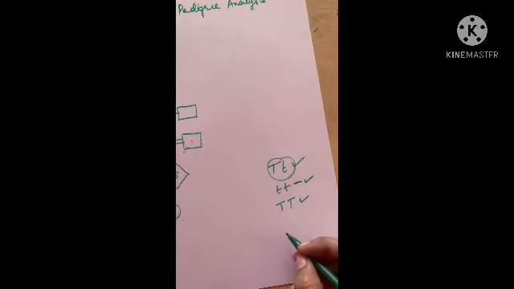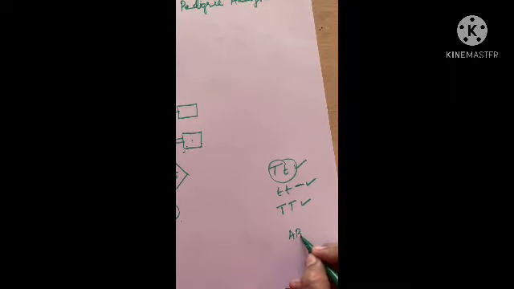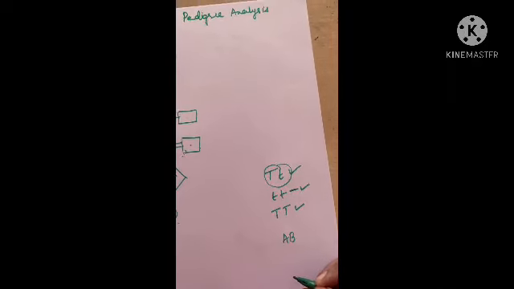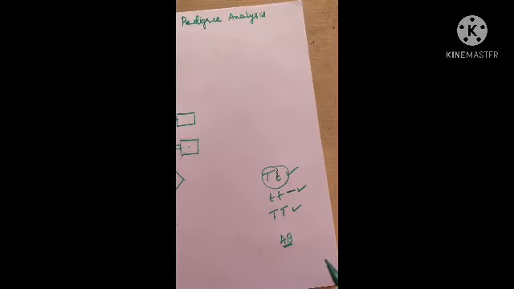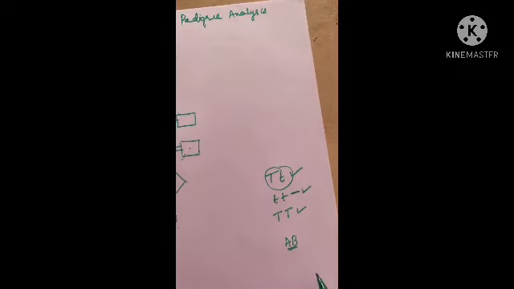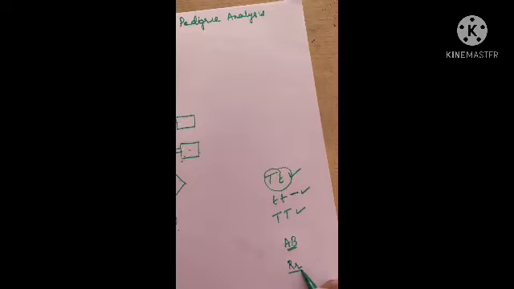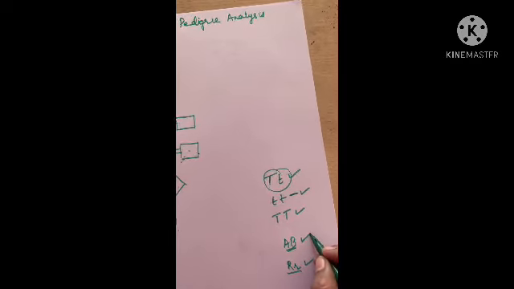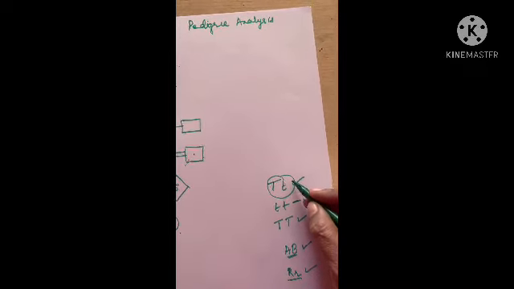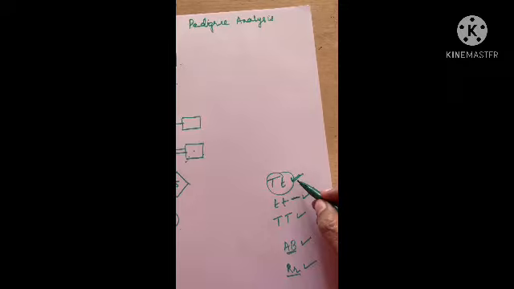Another possibility: if both the genes express completely in the presence of each other, such a phenomenon is called codominance. If both the genes express themselves incompletely, that is called incomplete dominance. So this is incomplete dominance. Here both genes express completely, so codominance, and here one gene suppresses the expression of the other gene, so that is why it will be called dominance.